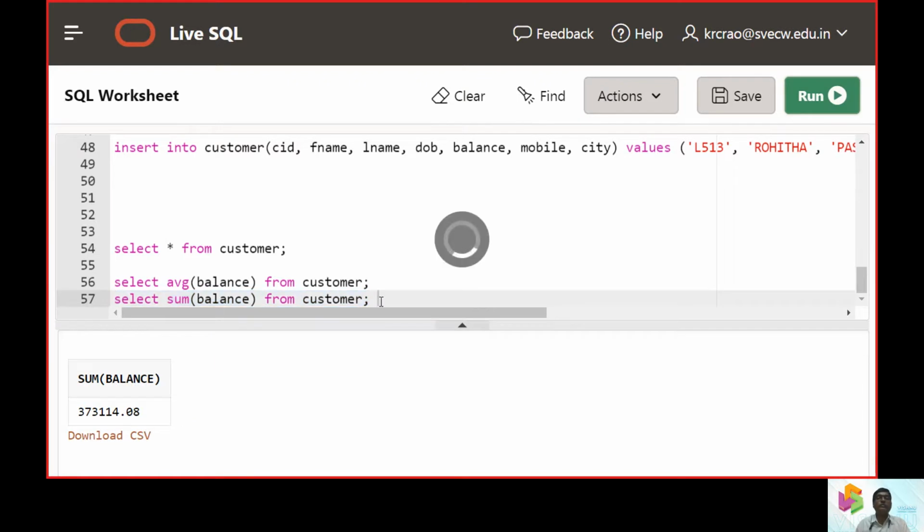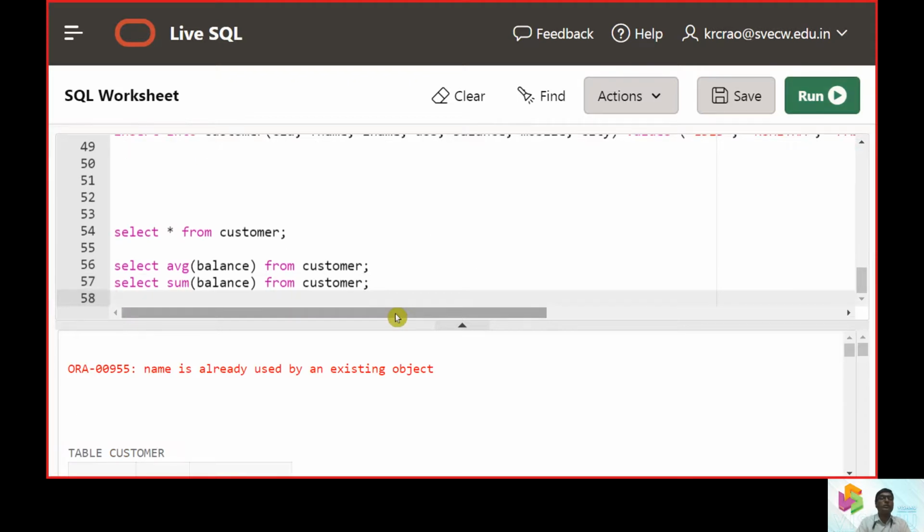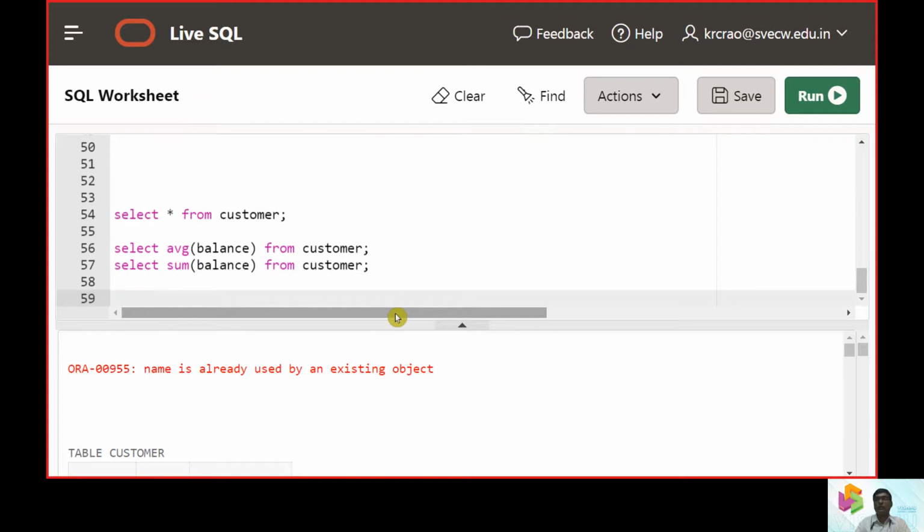Similarly, there is a mismatch error because it was not intentional. Now let us look into the minimum of the balance.